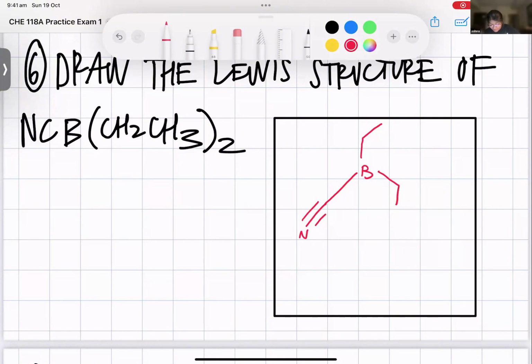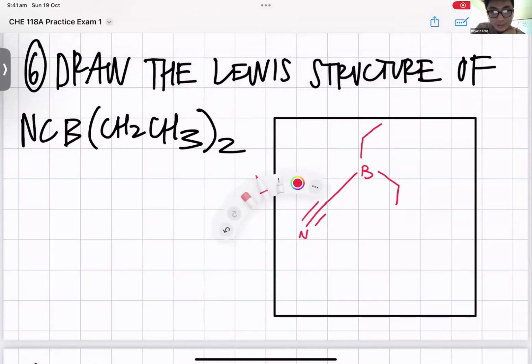Okay, so then nitrogen doesn't have any H's because it's neutral. And then carbon won't have any H's either because it's making a triple bond and it's making one bond with boron, so it's full. And then here I would add my 2 H's, and over here I would add my 3 hydrogens, and then over here I would add my 2 hydrogens, and then over here I'd add my 3 hydrogens.